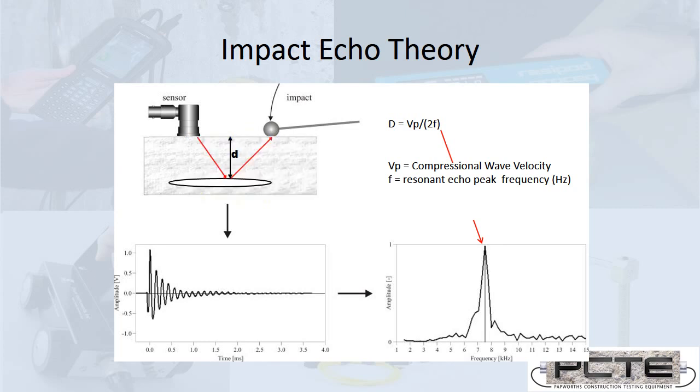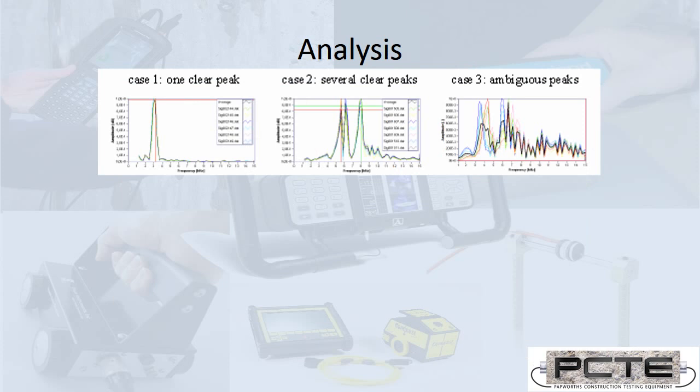Similarly, if there is a void, that resonance is going to change. So if we are scanning along a slab with an impact echo tool, taking measurements every 200 mils, and we're getting a reliable frequency which converts to a thickness of 120 millimeters, and then we see a change from that 120 millimeters to a higher or lower value, that could be a sign that we're over a defect, or a change in the thickness. So analysing data, typically where you've got a plate-like plain section of concrete with no damage,